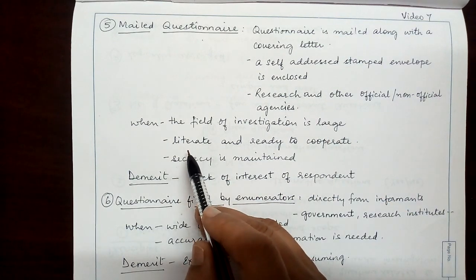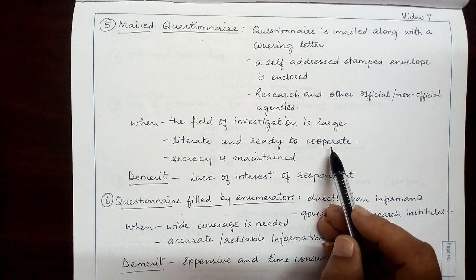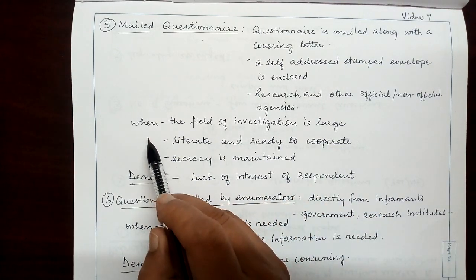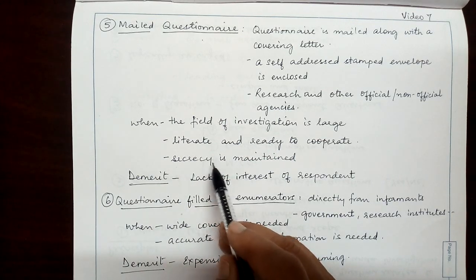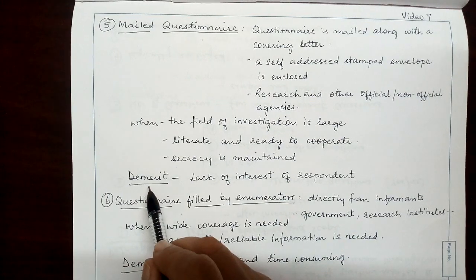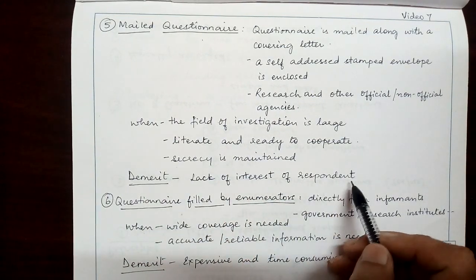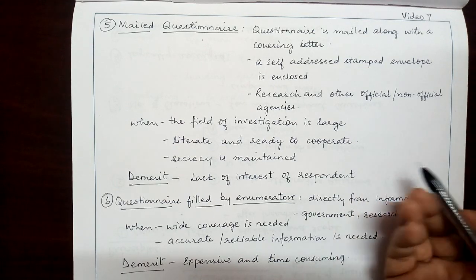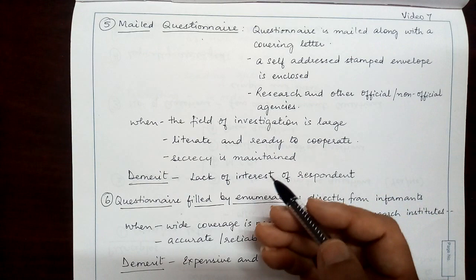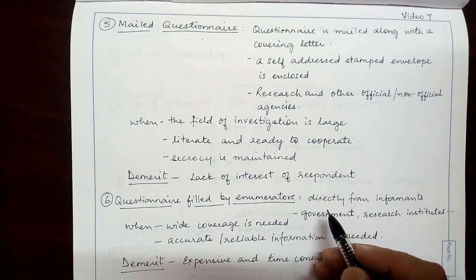However, the people should be literate and ready to cooperate. This kind of investigation is conducted when a high level of secrecy is to be maintained. However, there is a demerit, and that is the lack of interest of the respondent. The respondent may not be really interested in answering the questionnaire. As soon as he receives the mail, he might just leave it away and might not be interested at all